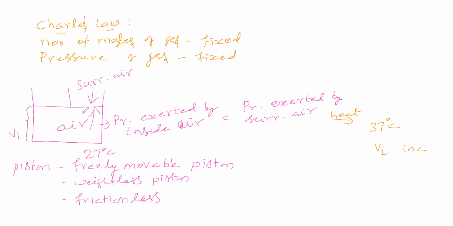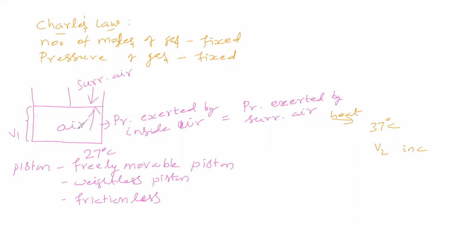Because we are supplying heat, molecules are heated up. Molecules are getting higher kinetic energy. Molecules are moving very fast. So the velocity of molecules, what happened? Very high. In what way will the molecules make collisions? Highly effective. Molecules are making highly effective collisions. High effective collisions mean the pressure exerted will be high.